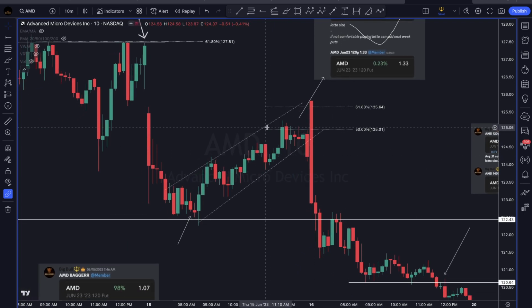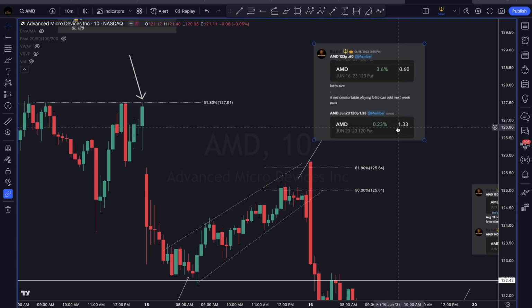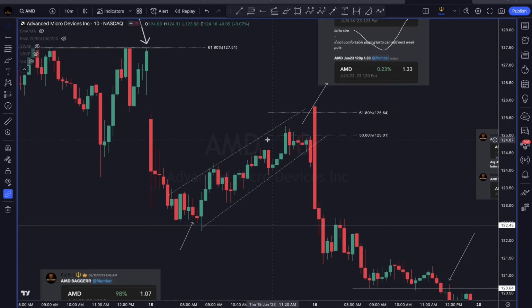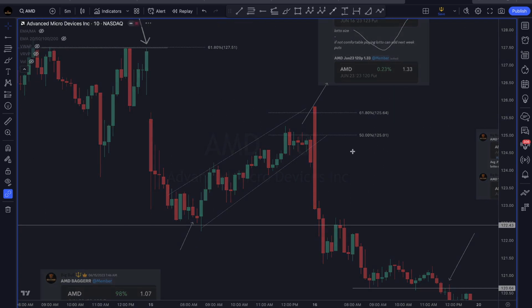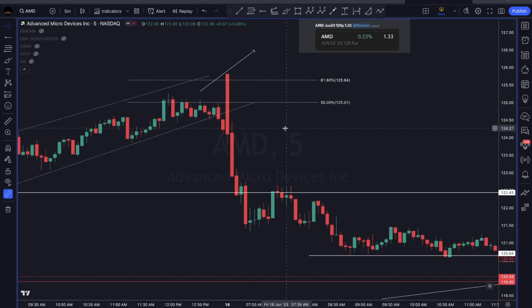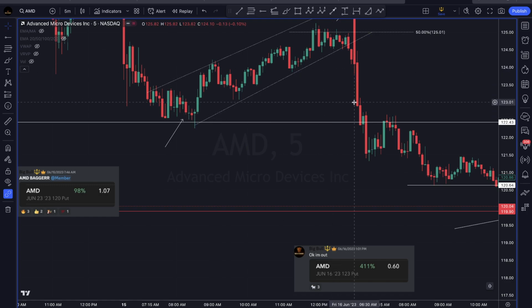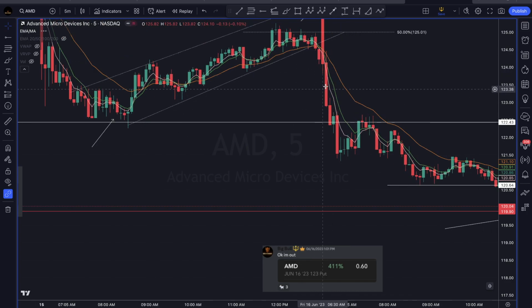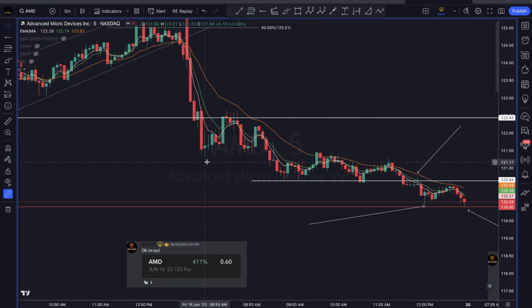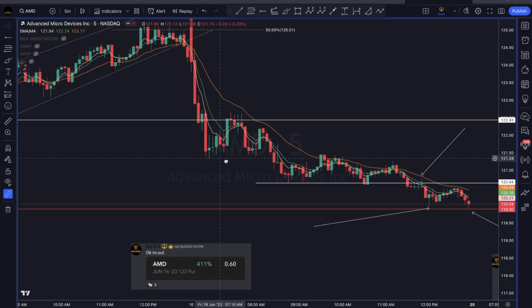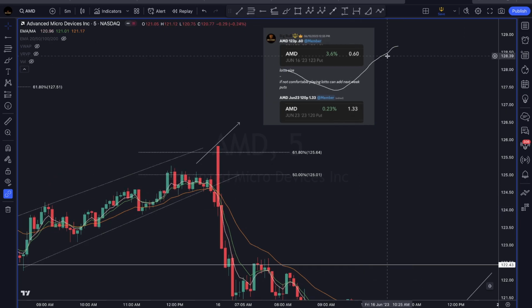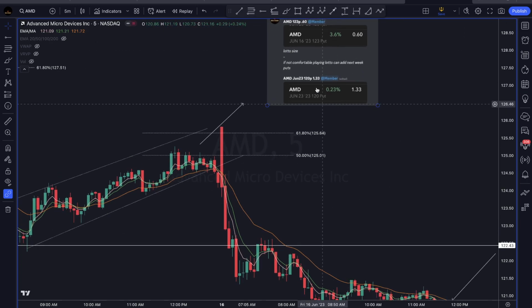So I was in a load of puts, so I didn't really worry about it much. And then these puts weren't even down 10%, so I held on to it. Then we got an instant rejection on the 5 minute right here, and that was my sign to hold. Price instantly broke after a couple of minutes, under the magnets, and then instantly broke prior lows. So puts on, I think, 200-300% on these ones,